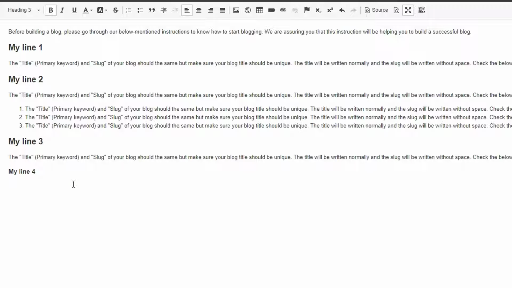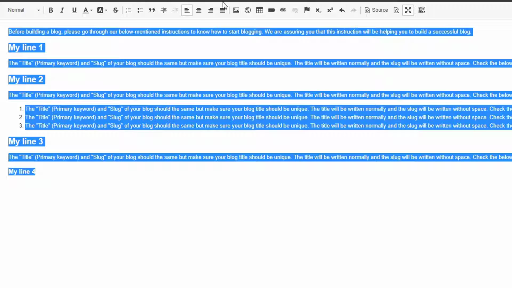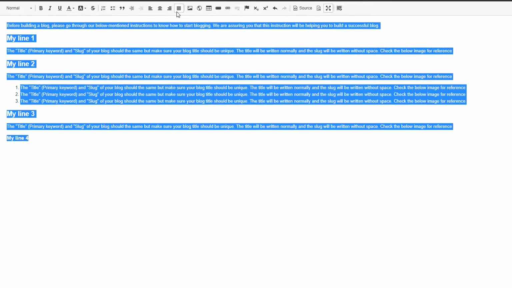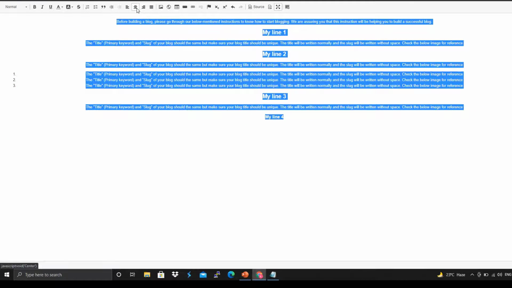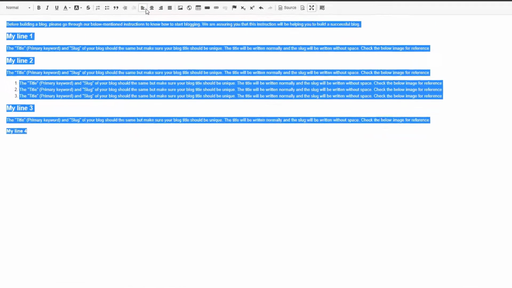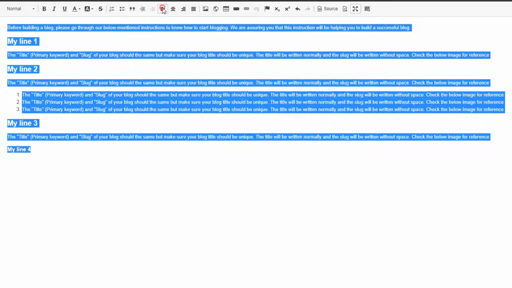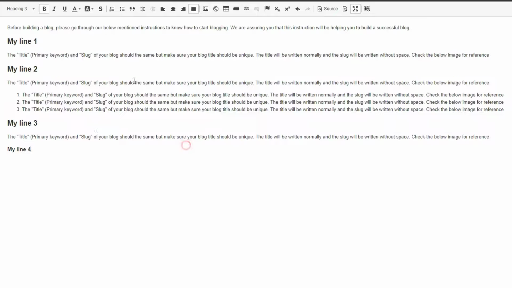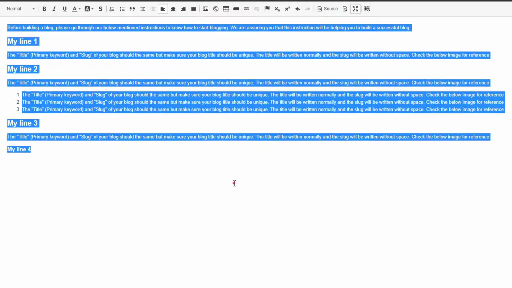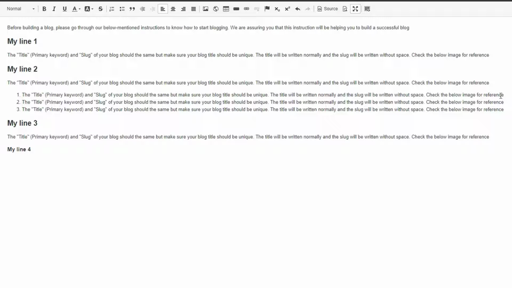Now let's see some other functionalities. If you want to make your text justified, equally spaced, you can click here. If you want your content in the center, you can click here. But for blogging, this is not recommended. So let's go back to the same thing. You can just use this one or you can use justify, and justify is the most preferable. After creating your whole blog, just press Control A and click on justify. So it will show your content equally, meaning every line looks equal, not one going up and one going down.